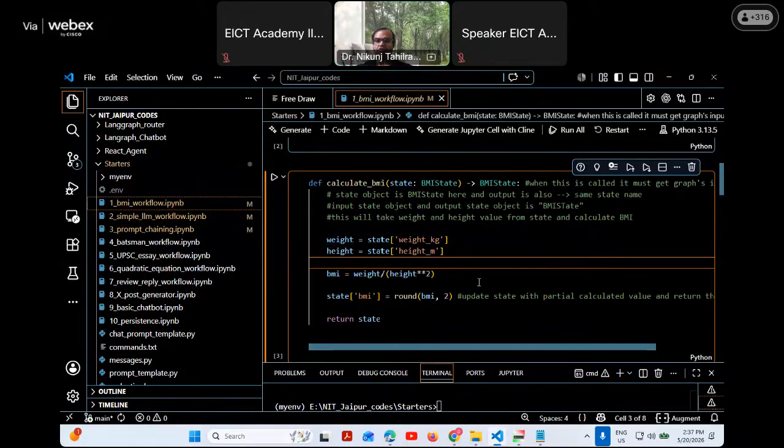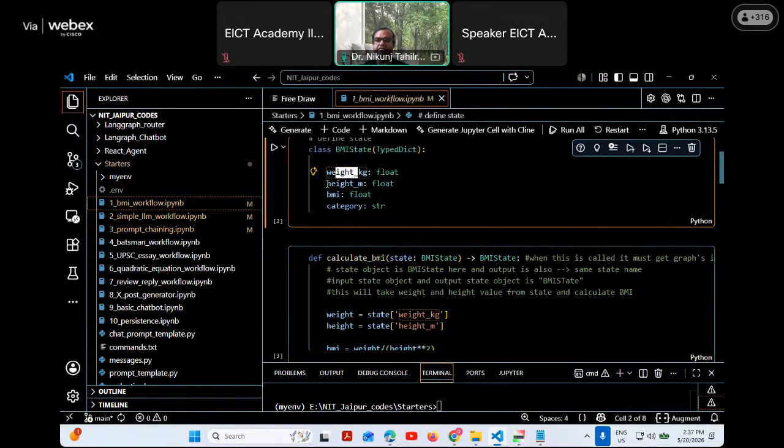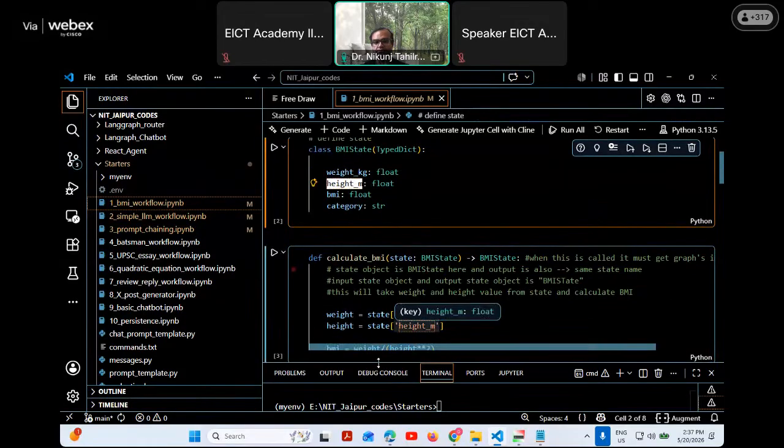Now, what you need to do is take two input values. One is weight and one is height. How to give the values of input, I'll tell you. But understand that I have a value of weight and I have the value of height. Okay. Now,